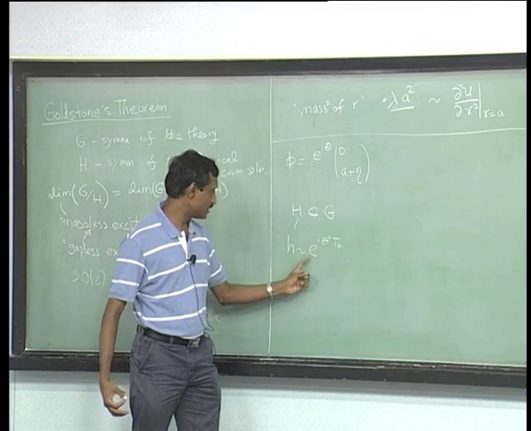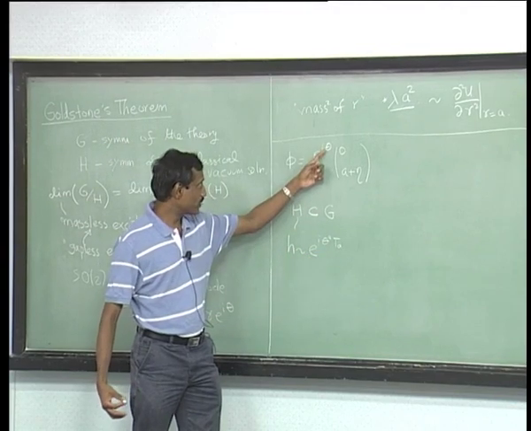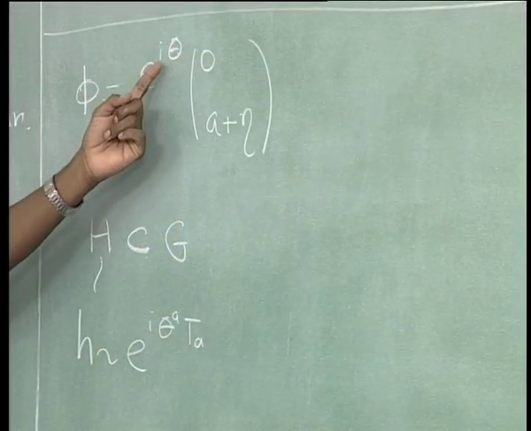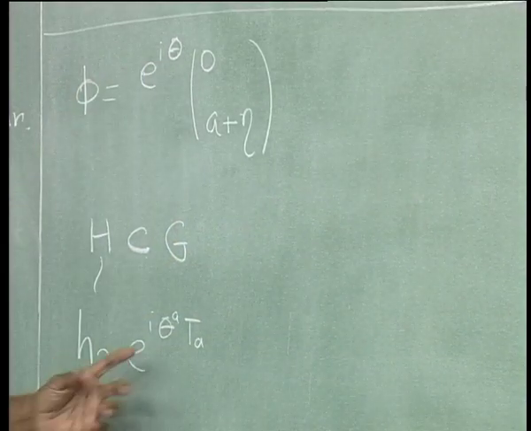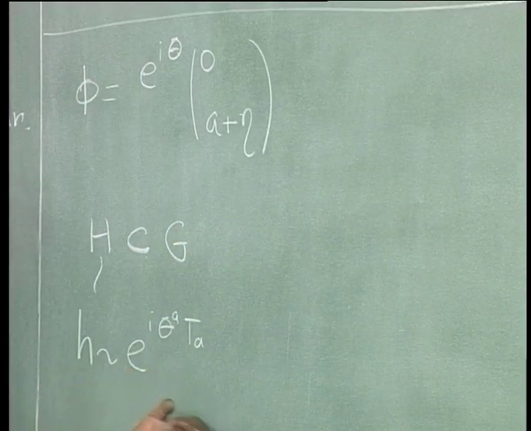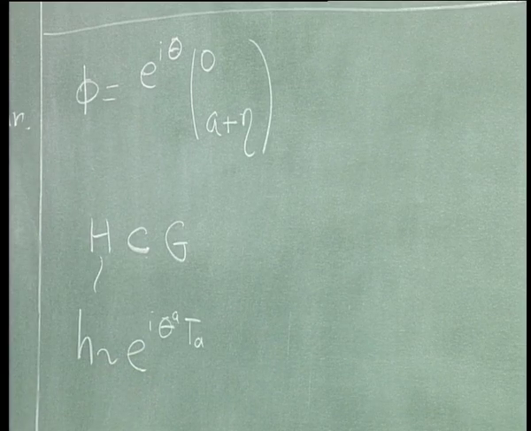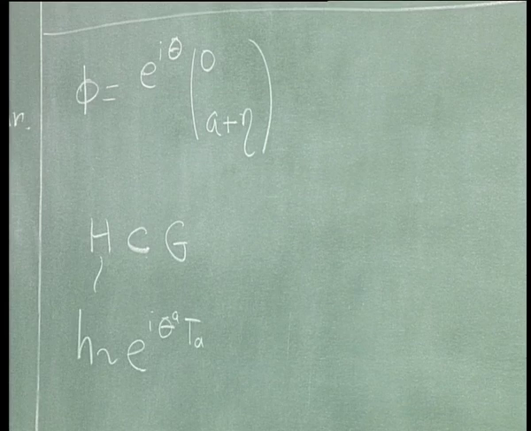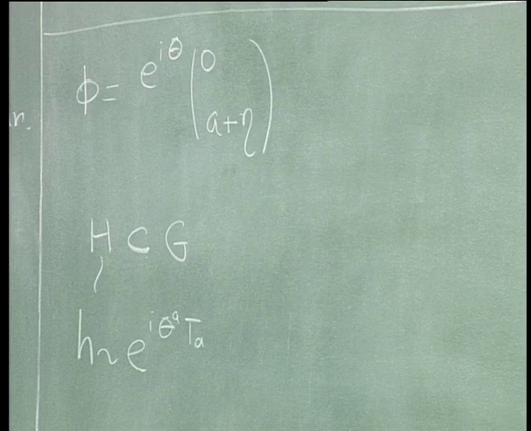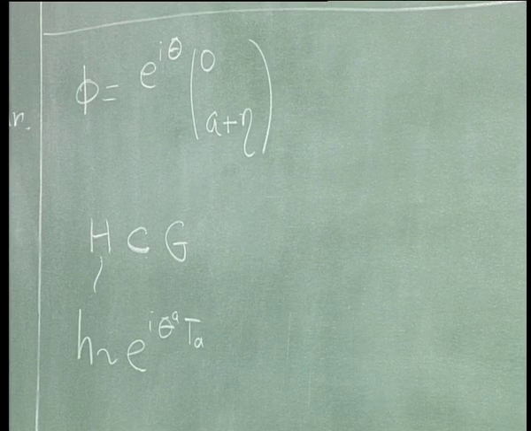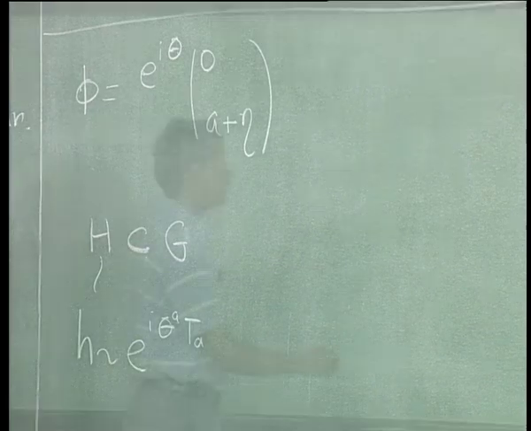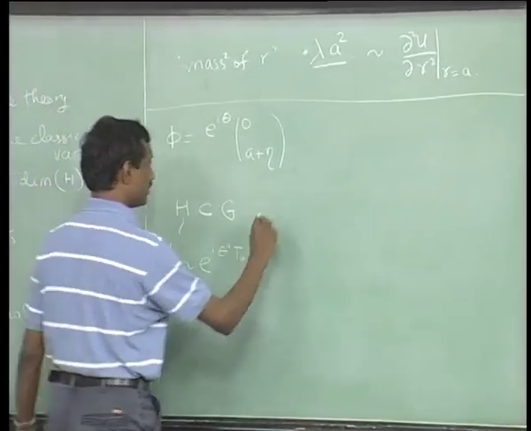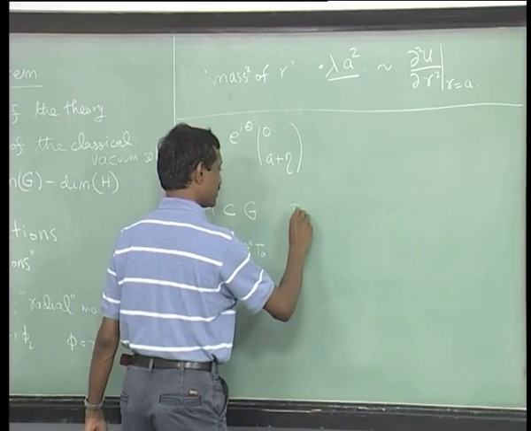But the key point here is that I am not working to lowest order in theta or anything. It is true to all orders in theta. If you write it in this clever fashion, you can see that it is true to all orders in theta, or you just look at it in a global way. It is not just saying that the quadratic mass term is 0. It is saying that for all terms, there is no potential. So in other words, I just want you to remember that there exist